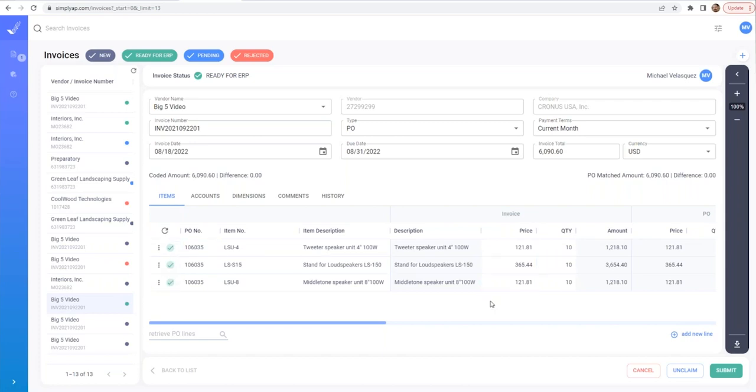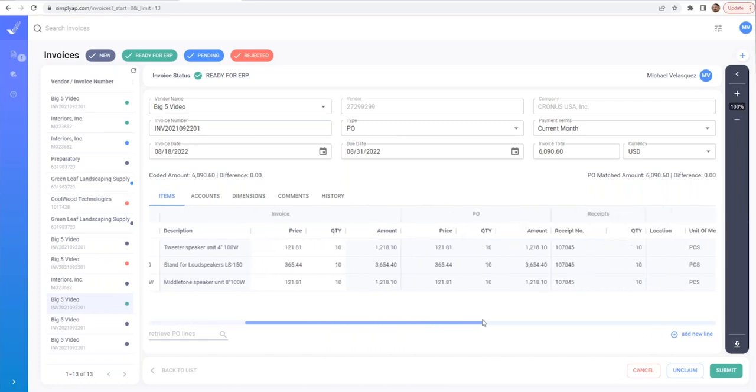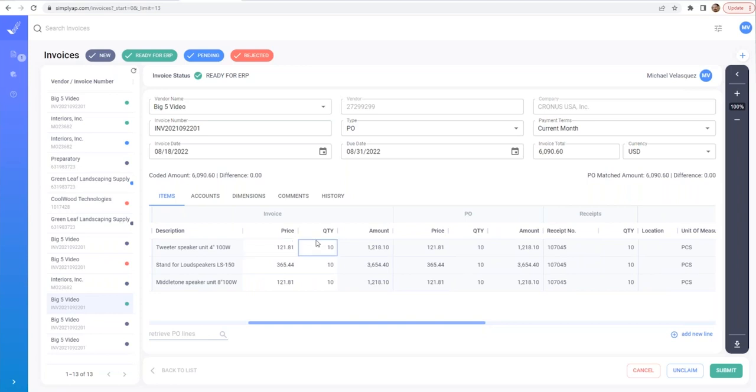That shows there was no issue. There was no discrepancy between the invoiced amount, both quantity and price, the purchase order amount, and the receiving amount. Again, likewise up here, we can see there was a zero difference between the invoiced amount and the purchase order